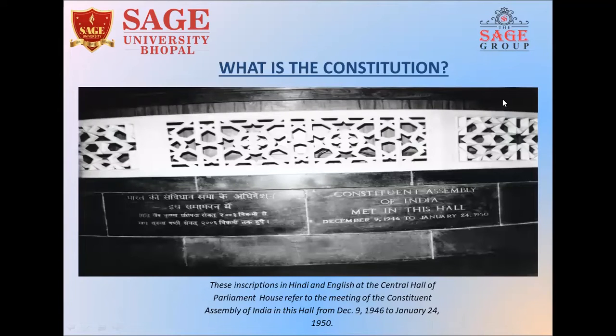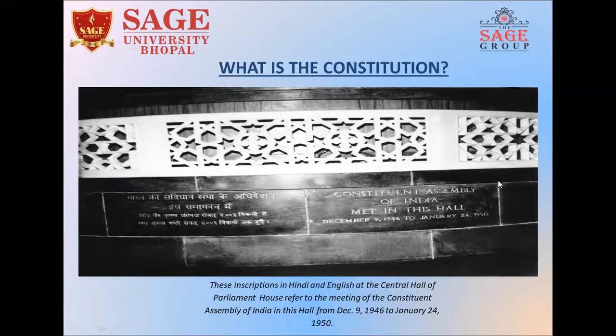The first question that arises in anybody's mind who is not of a legal background is what is meant by a constitution. So, in jurisprudence, a popular jurist named Kelsen defines constitution as a grand norm. Grand norm means basic law of any territory or basic law of any land.